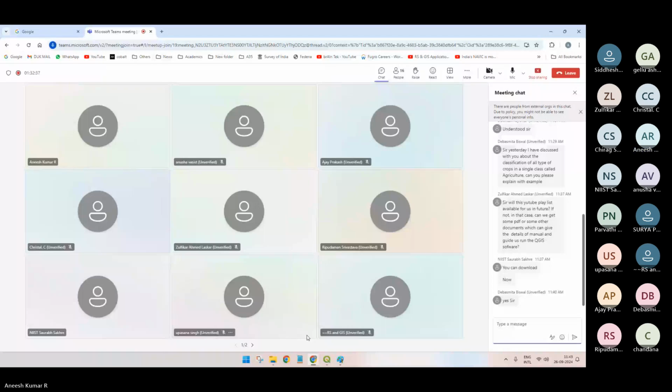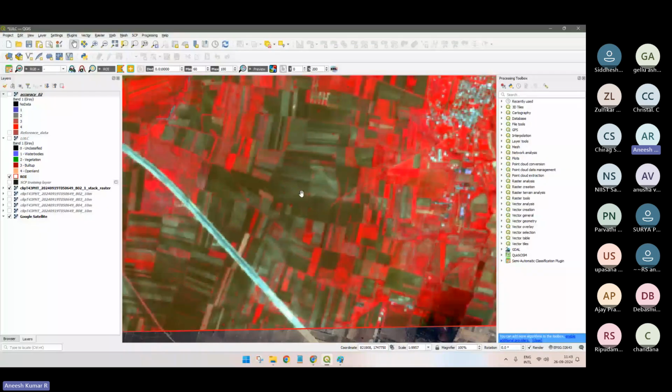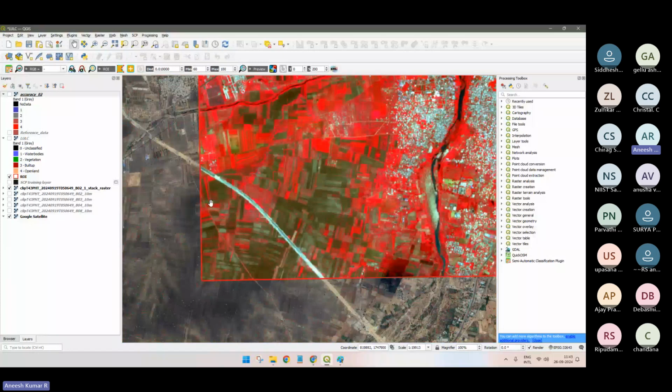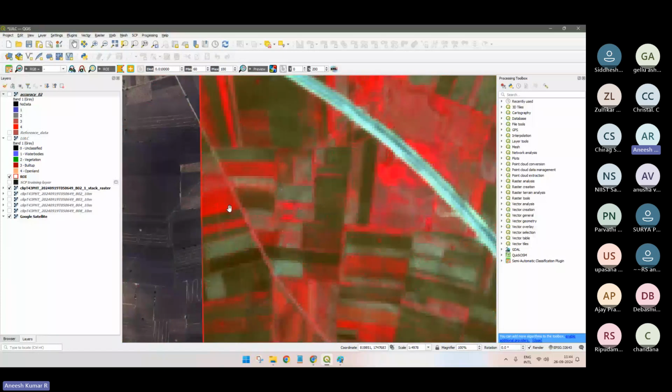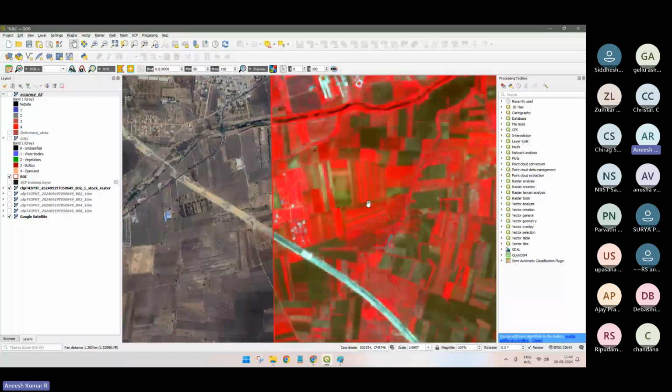Yes, okay. So actually, this is current fallow. That means this region is a current fallow land. What happens is it is harvested and it is set free. But here you can see, here it is a crop. Here it is a crop. Here it is a crop. So that means this is multiple crops. So if you want to classify an entire agricultural land, not as an open land, but consider